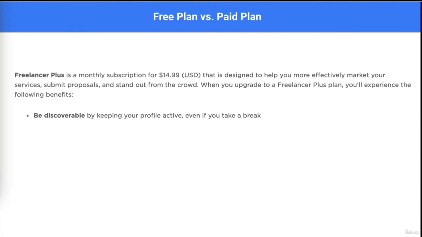But when you have the Freelancer Plus plan, you have the ability to stay discoverable even during those breaks. It also allows you to be more competitive because you can look at what your competitors bid on jobs. This is worth the $14.99 a month because when you're reaching out to different jobs, you can see the client's budget, but now with the Freelancer Plus plan, you can see the high bid and the low bid and what